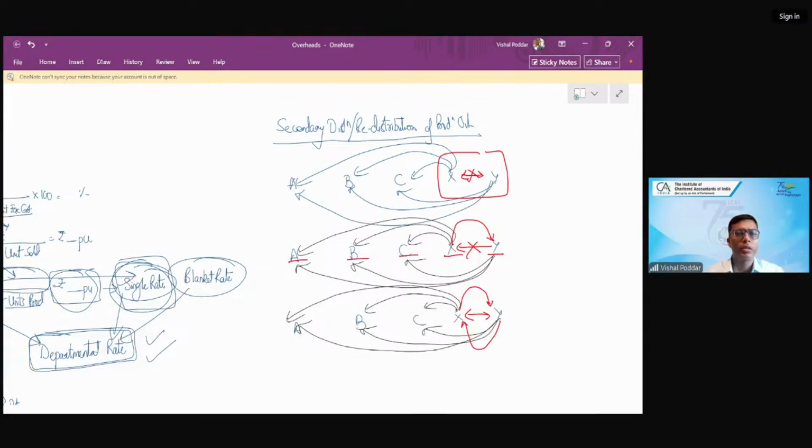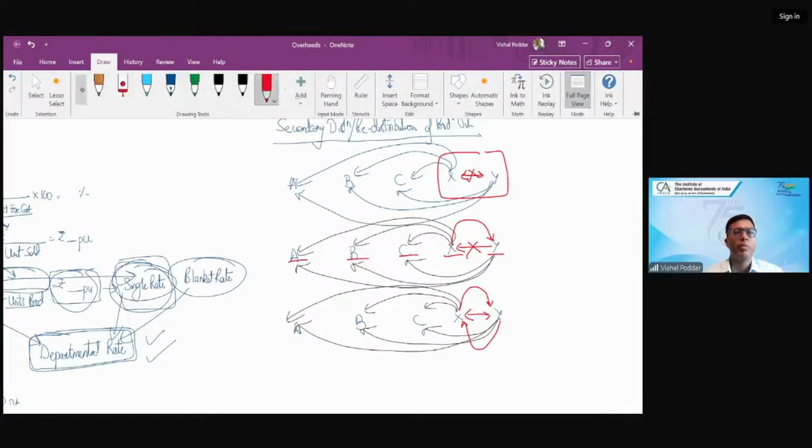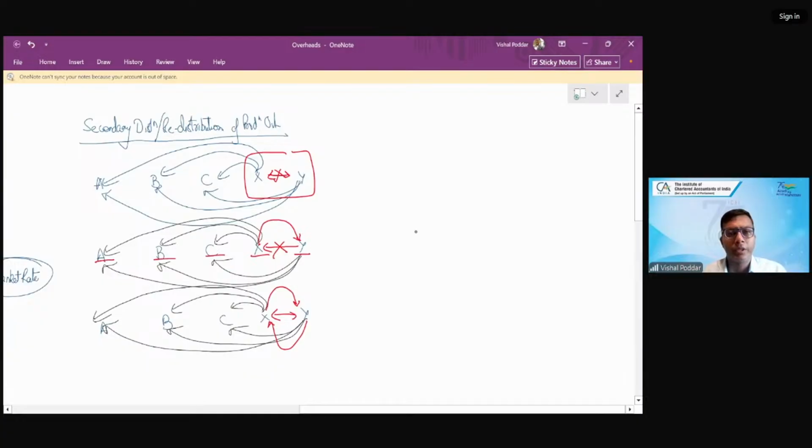Now, these are the different possibilities by which X and Y, which are the service departments, may be treated in real life scenario. Now, I have been telling you from day one, costing and FM are such subjects which are dependent on real life scenarios. Hence, whatever you study in costing and FM, the techniques are very much practical. Practical does not mean solving. Practical means which you also can apply in your day-to-day life, whatever you are doing in your family, in your house, in your kitchen.